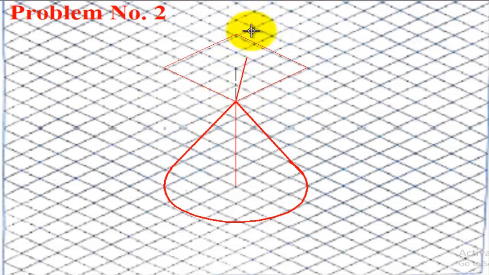From the bottom corner to the top midpoints we have to draw the lines like this, and from the top corner to the two bottom edges we need to draw the midpoint lines. Then we get the four centers, and we draw the arcs with a visible line by taking the centers. From the bottom center we draw the arc for the top one, and from the top center we draw the arc for the bottom.